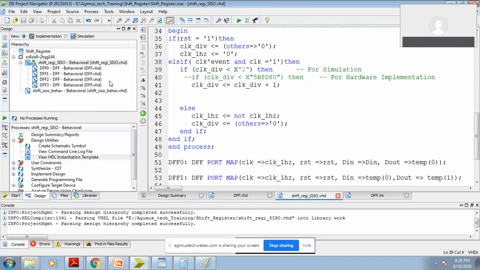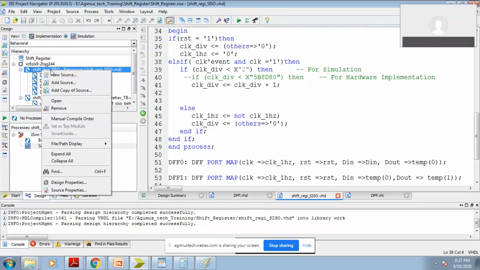Now another important thing you can observe here. When I use these flip-flops, and if you observe the hierarchy here, the flip-flops come under the shift register. Okay, this is the way you can implement the shift register using structural modeling. Okay, so I want to simulate it.